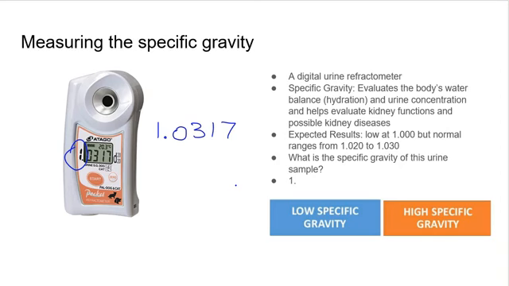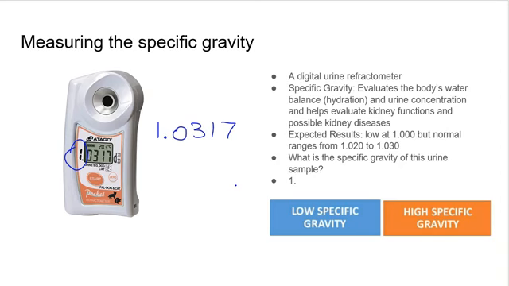So we expect they have a higher specific gravity because, again, the specific gravity shows there are some solutes inside of the urine. And then the expected normal range of the specific gravity should be between 1.020